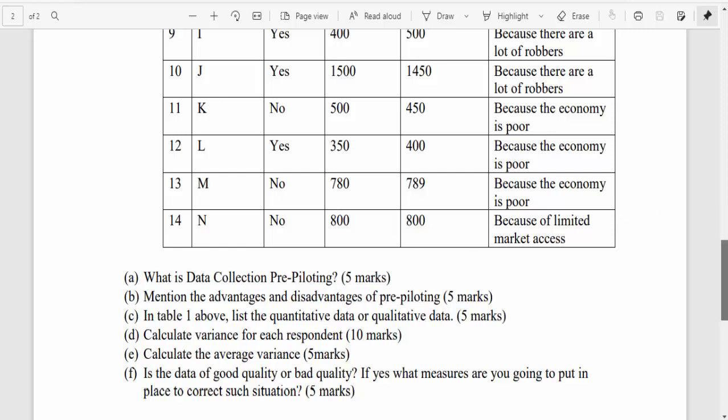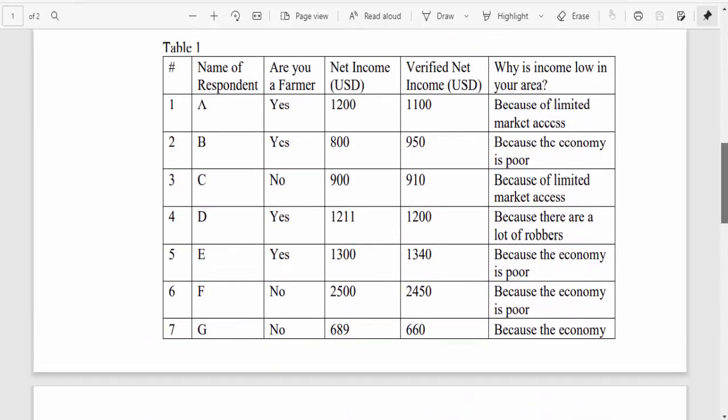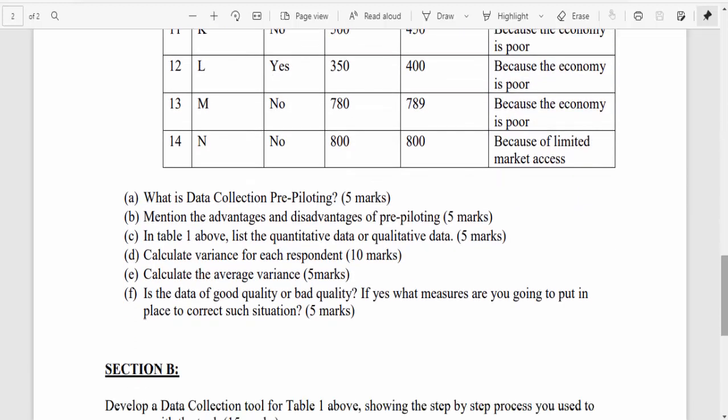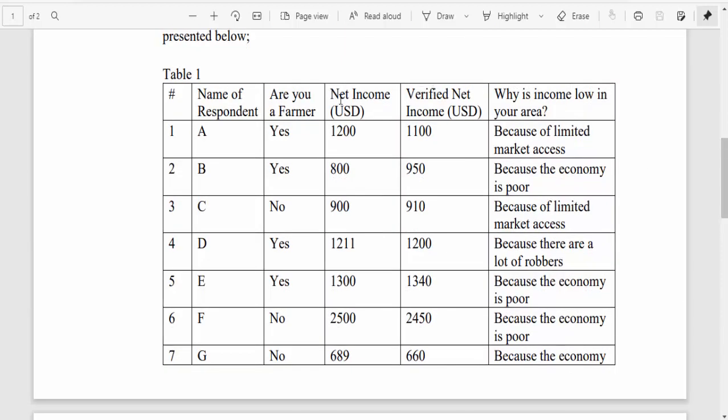So calculate variance for each respondent. Okay, so if you saw one of my videos, I gave the formula for calculating variance. Variance really is a way of determining the quality of your data, and the key is in looking at the net income and the verified net income.